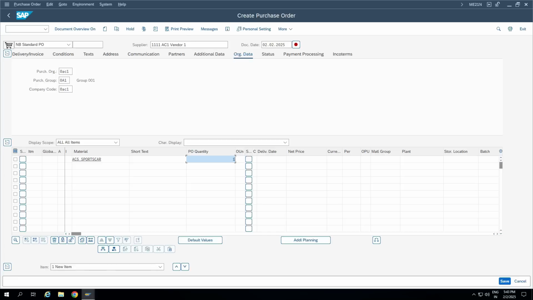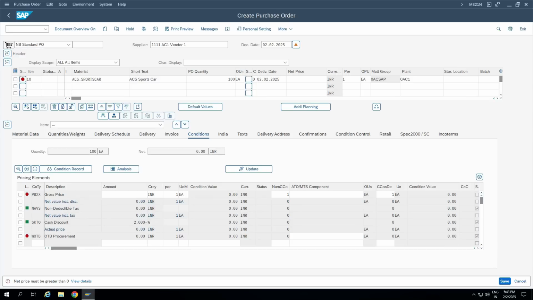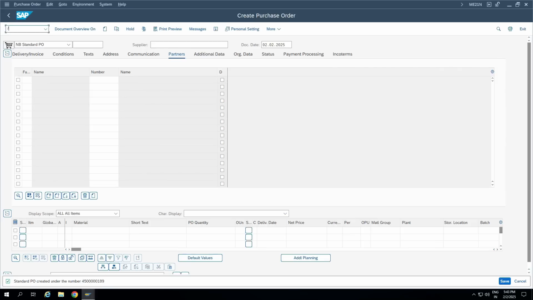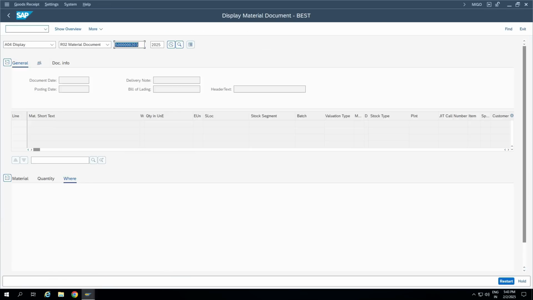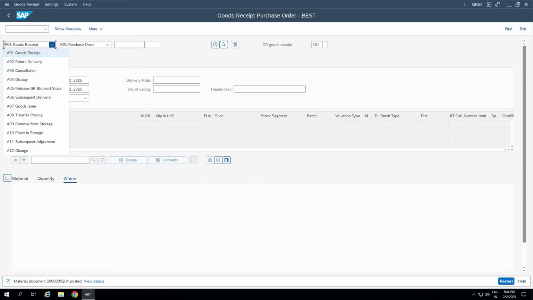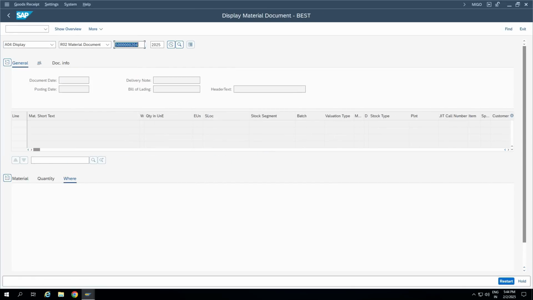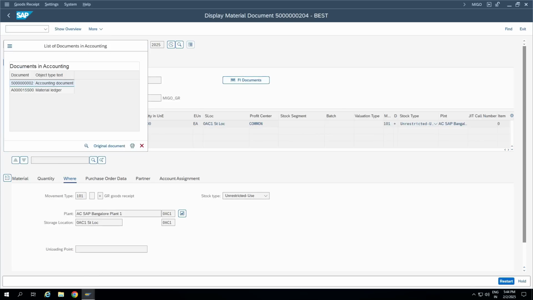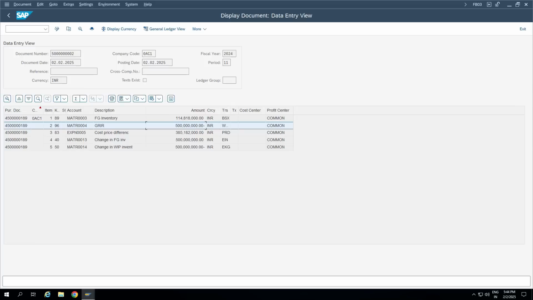I'm going to procure again 100 units of this. Here I'm going to give the price as 5 million. The purchase order is created. Now I'm going to post goods receipt for this. Document is posted and we will display this document now. I go to the FI documents and it is having a price of GRIR at 5 million,